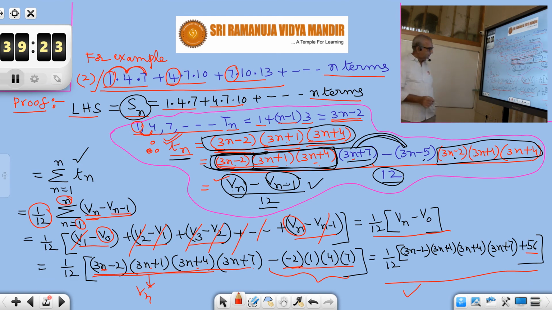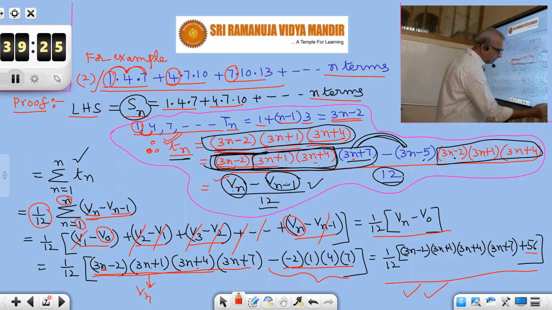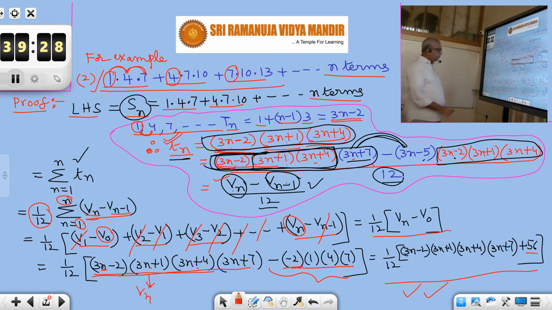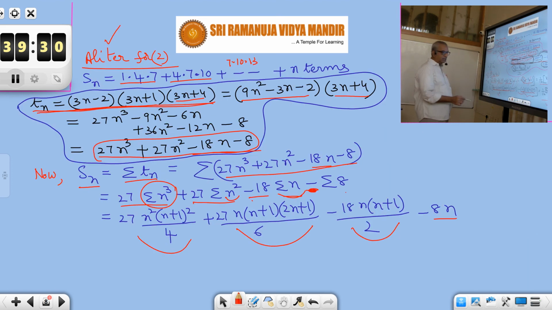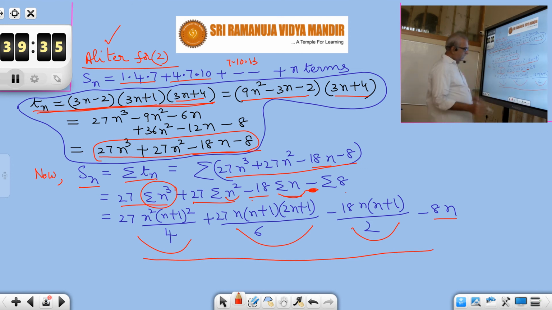Let us go to the previous page. So this is the answer here. In this form we got the answer. But using the other method, we got the answer in the next page. We are getting the answer in this form. But if you expand this and see, you can prove that these two are equal only. They are not different, they are equal only. But I think the previous method, that is the telescopic method or Vn minus 1 method, is comparatively easy here. Is it not? It is very easy.